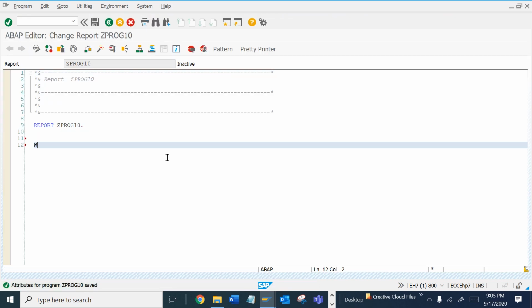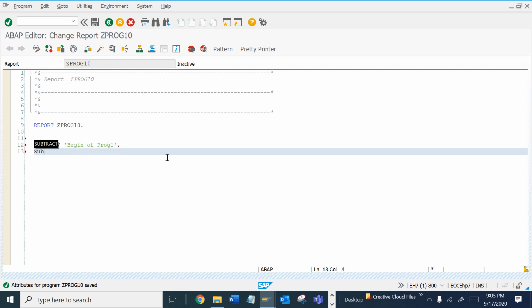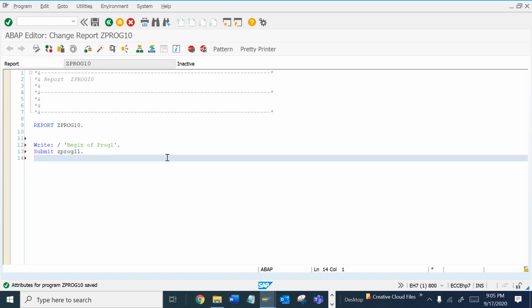Suppose I want to write something like "begin of program 1", and then I want to submit a new program, another program, and then write "end of program".